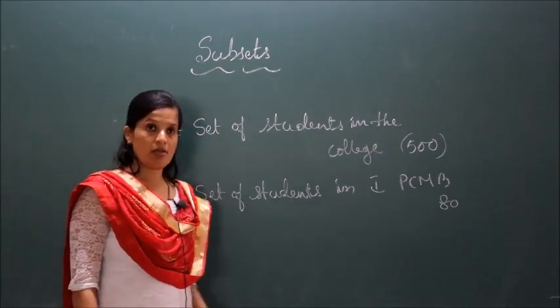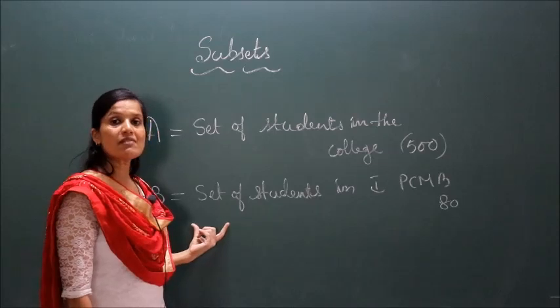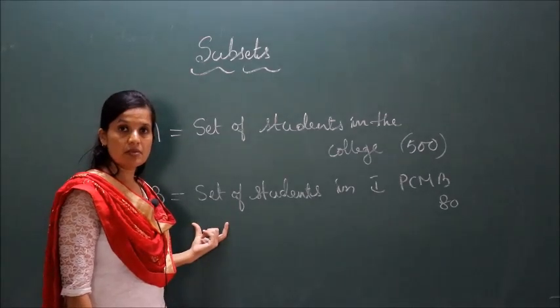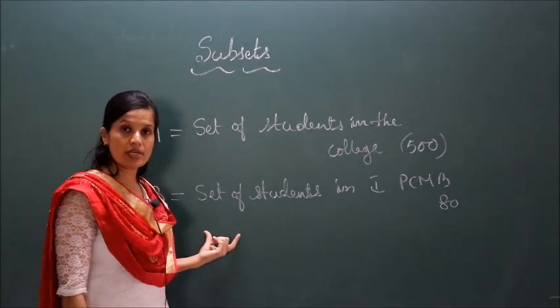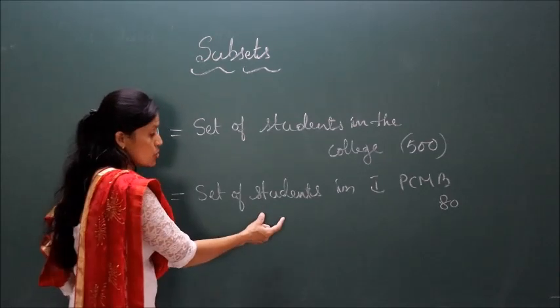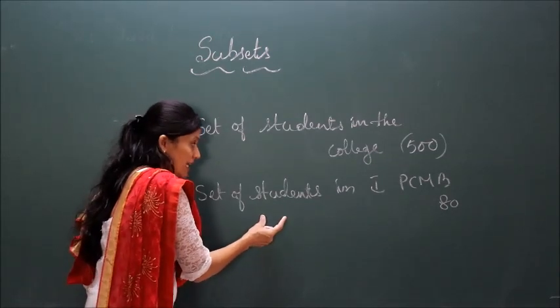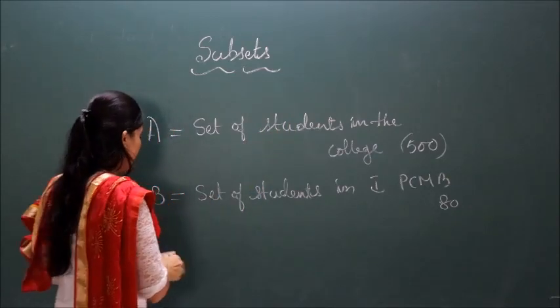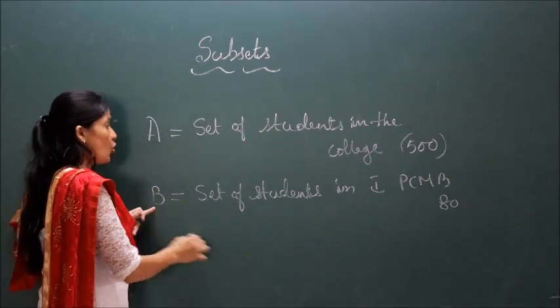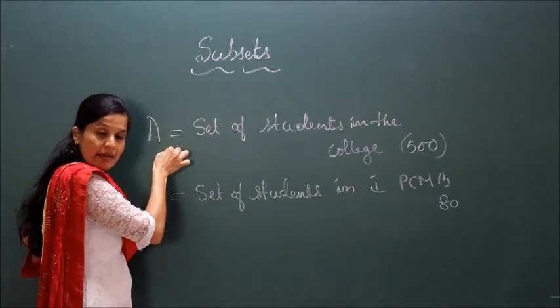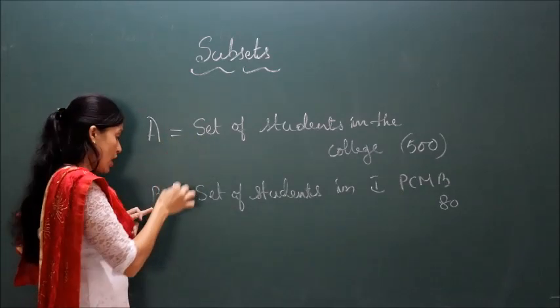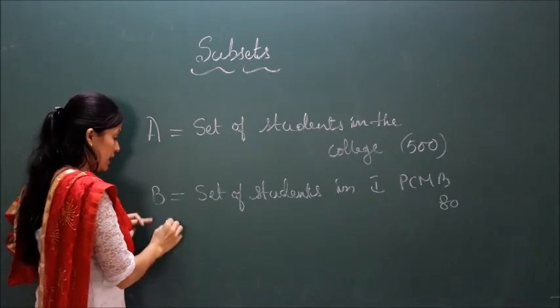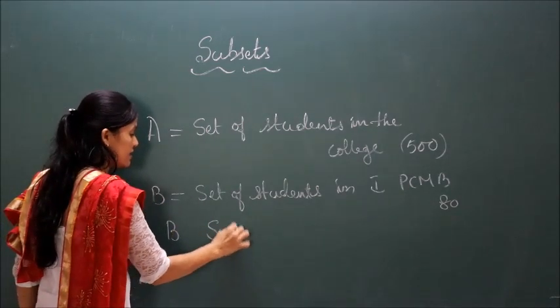And this is the set of students in first year science, PCMB stream. There are 80 students. See, these students are included in this set, right? See here, B is included in set A. So I call B the subset